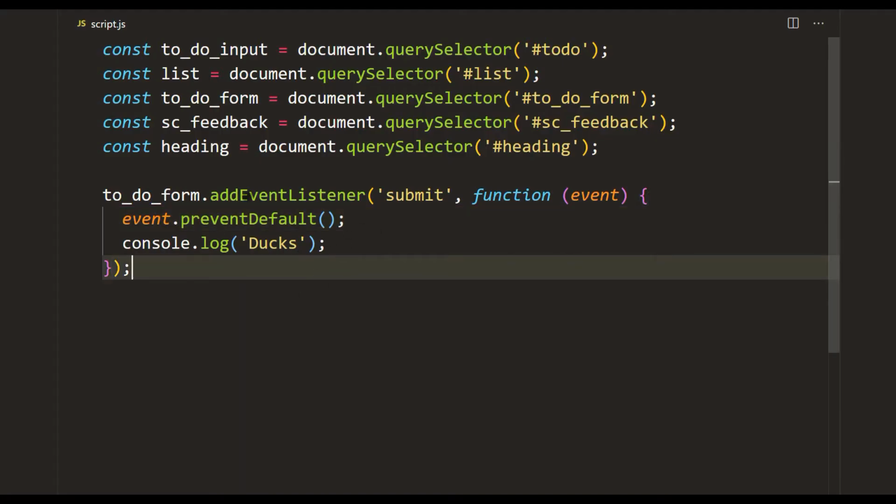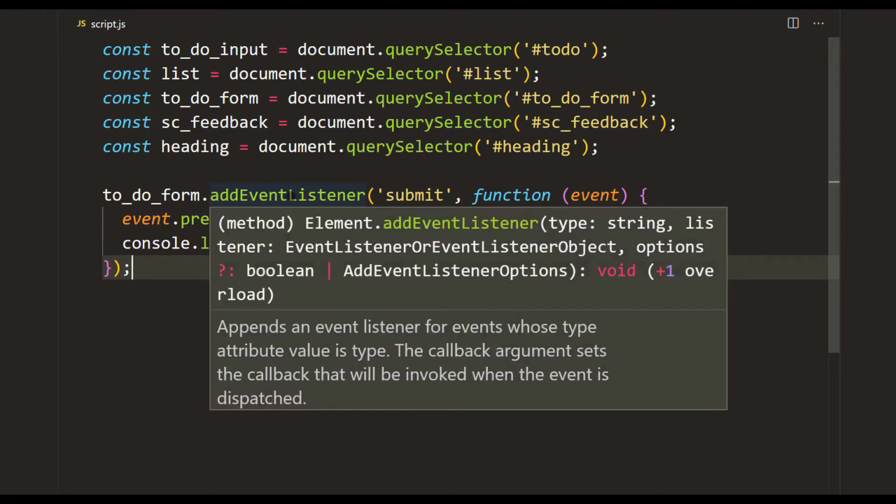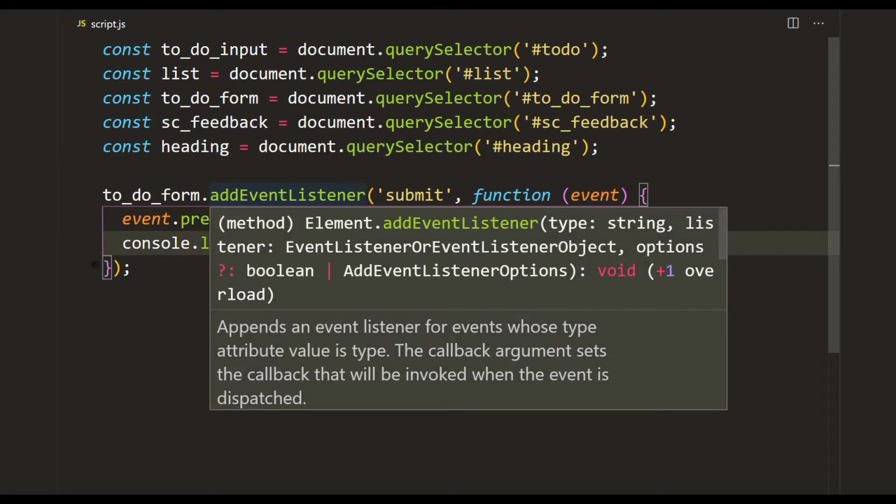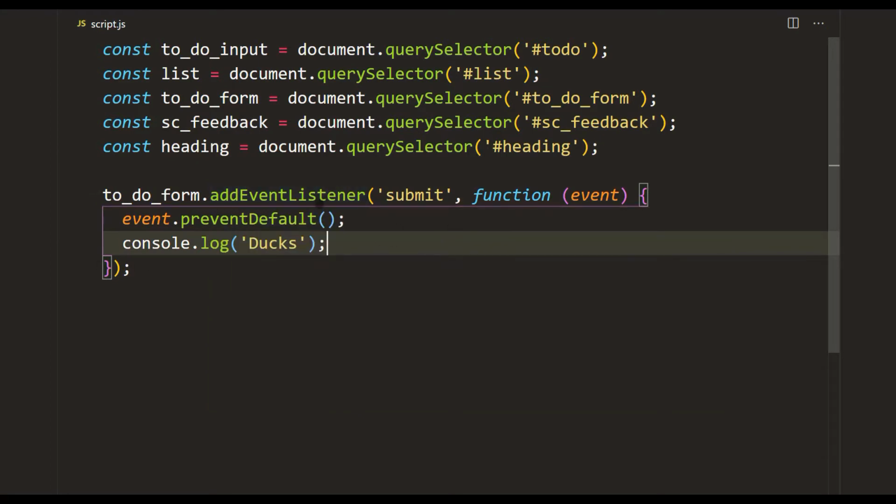Every time I use addEventListener, I usually output something funny in the console log to make sure that I am referencing the correct element and that I'm using the correct event listener. I can't tell you how many times I have written addEventHandler instead of addEventListener, because this is called an event handler actually, but the name is event listener. That even happened to me during a live coding interview.